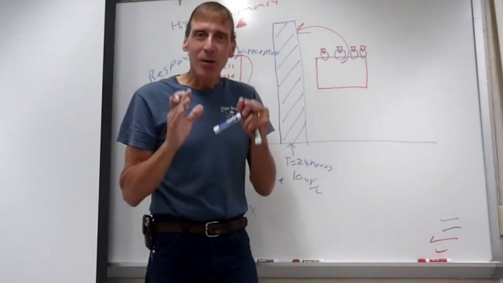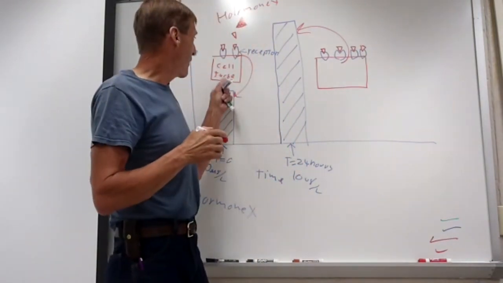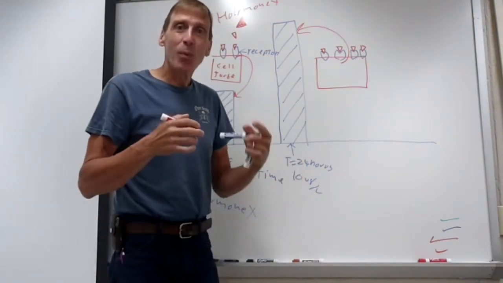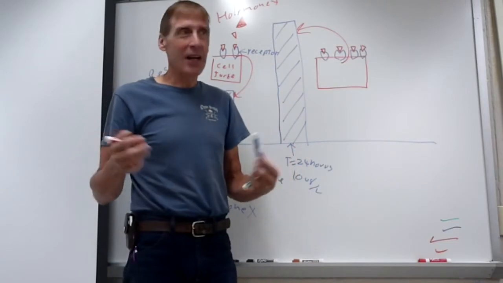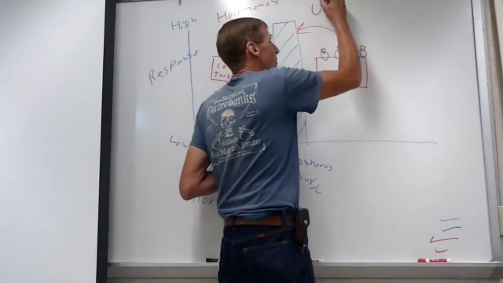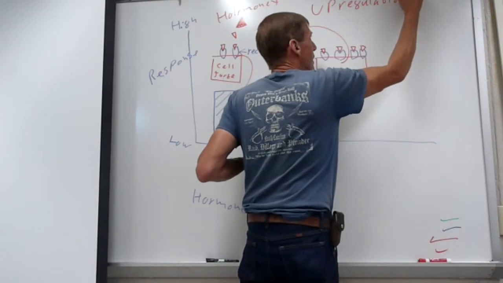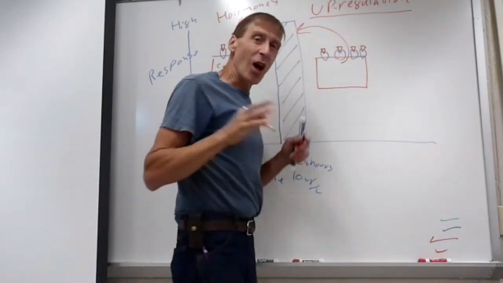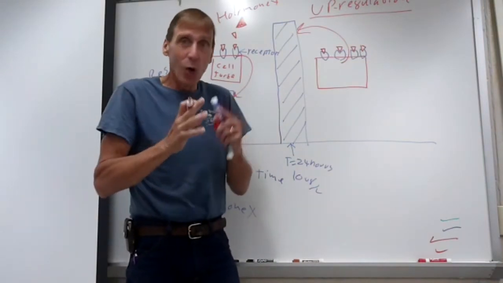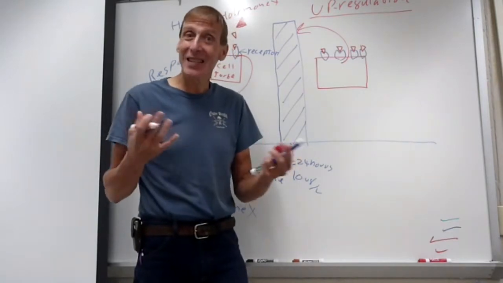The idea is the number of receptors for a particular hormone is not fixed. Sometimes, just the effect of the hormone binding to that receptor can stimulate the cell to start producing more receptors. So it becomes more sensitive, or some other environmental factor can cause a production of more receptors. But in this case, they call it upregulation. All it means is the response of a target cell to a particular dose of hormone will go up over time. Even though it's the same hormone, same dose, the target cells are more sensitive, so they respond more.